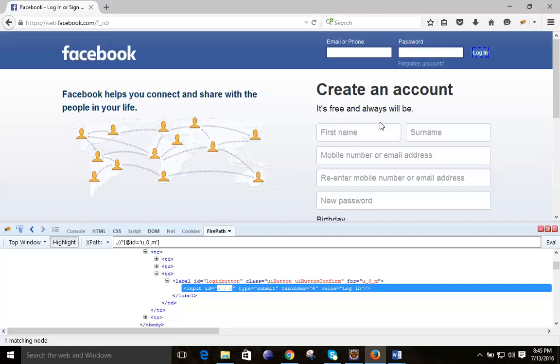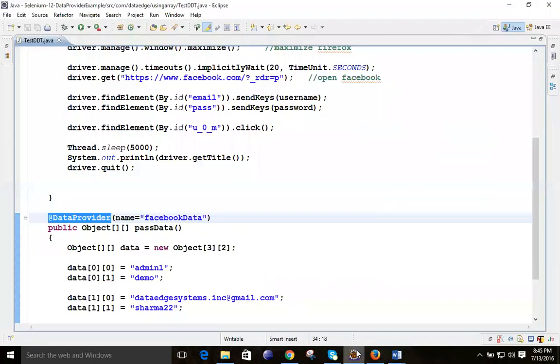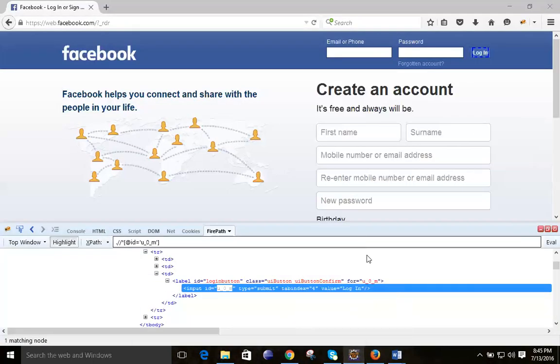For that, we have the annotation known as @DataProvider. DataProvider simply takes the data and provides it somewhere. Do you remember the concept of arrays? In an array we store multiple values, but the name is the same: a single name for the array, and we store multiple values in it.